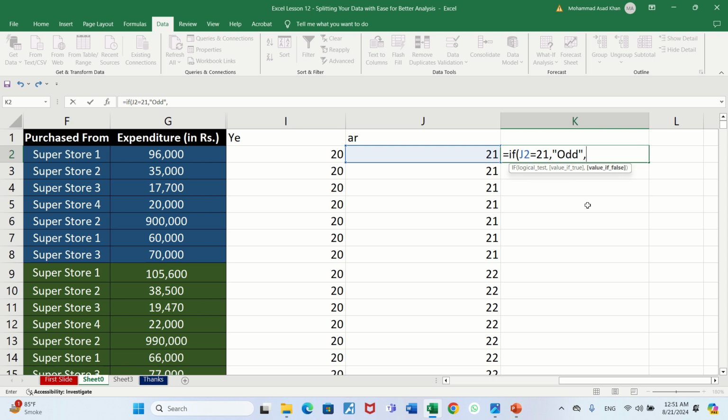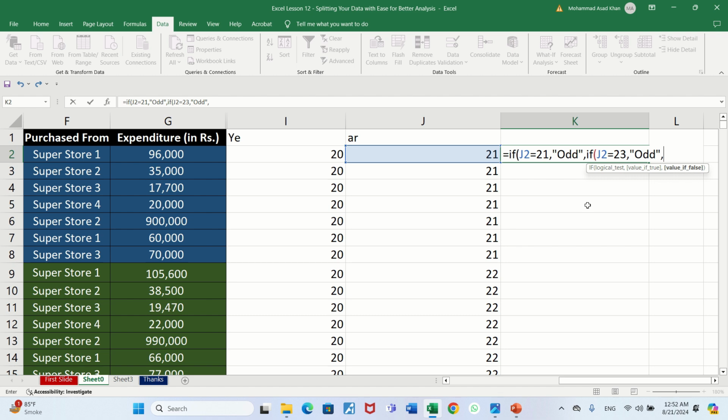It's called the nested function. Again write IF, because you also have 23 in your data. So there are two odds appearing. So write a nested function. IF again J2 equals 23, then again odd, inverted commas closed, comma, and else again